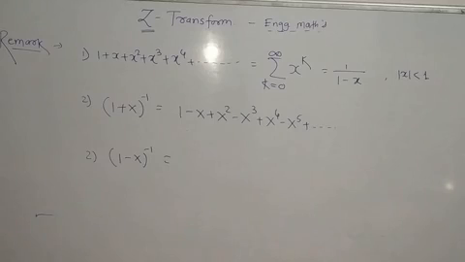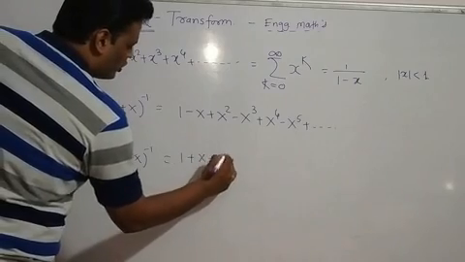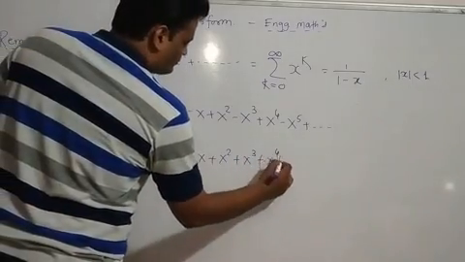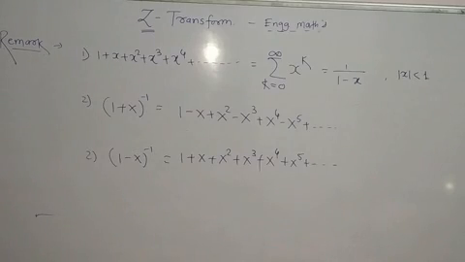And if you have the minus sign, the expansion is the same, the only difference is that all terms are positive: plus x raised to 5 and so on. So the formula is the same; the difference is only the sign. If you have the plus sign, you will see plus minus plus minus plus minus, and if you have minus, then all terms are positive. So you have to keep these three formulas with you.